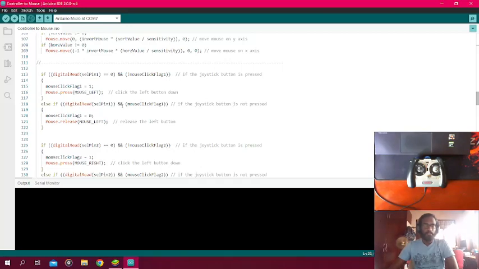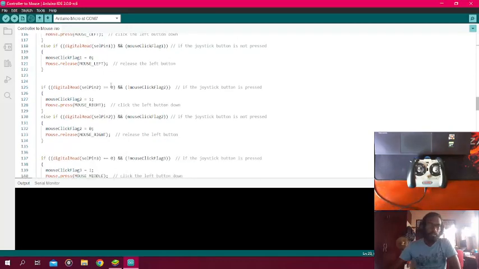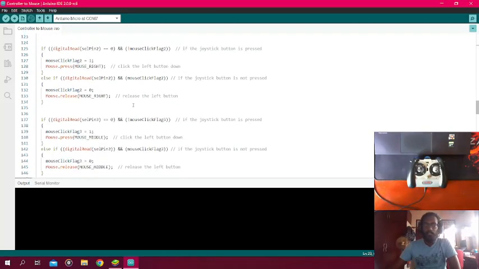So that's what happens here. This is to check if a certain button is pressed or not on the joystick, if the left mouse button is already pressed or not. This condition is satisfied when the button is not pressed. Then you increment the flag to 1 and you press the left mouse button. Now if the button is already being pressed, then this condition is true. Then you decrement the flag to 0 and then you release the left mouse button. That's what's happening here. And the same thing goes on to the right click of the mouse, the middle mouse